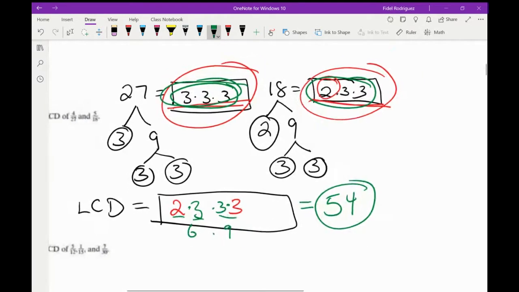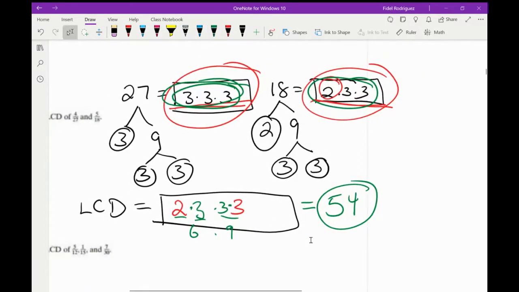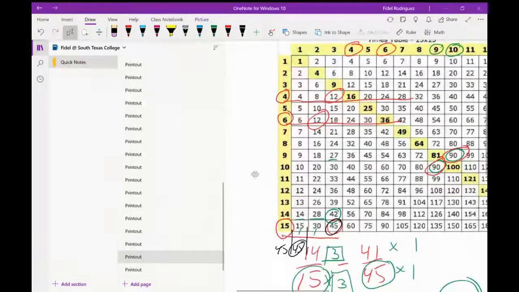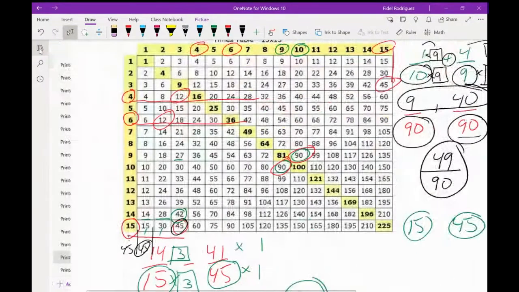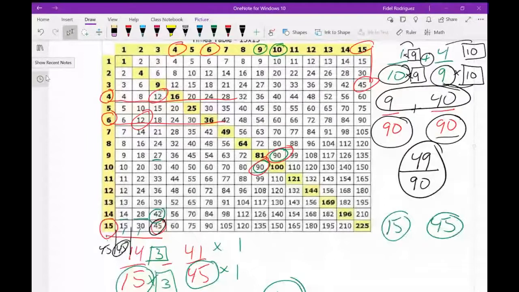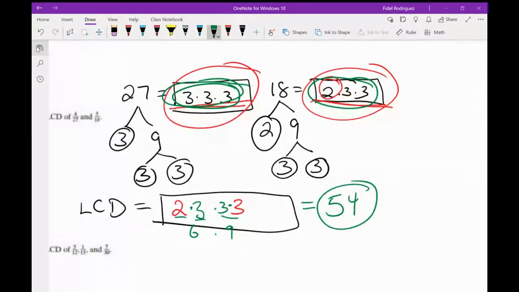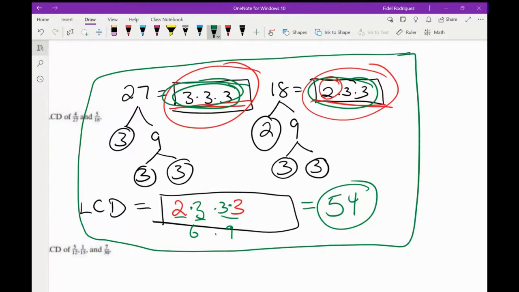So the idea is, if my numbers are small enough, guys, like the first one we did a little while ago, and I'm going to pull this back up. If my numbers are small enough, like you remember the first problem that we did, my denominators were 4 and 6, so I can just say, hey, I can use my chart, right? It's 12. And that's probably the easy way of doing it. But what happens if my numbers are bigger, right? If my numbers are bigger, like 27 and 18, then this here is going to end up being the way I'm going to do it, okay?